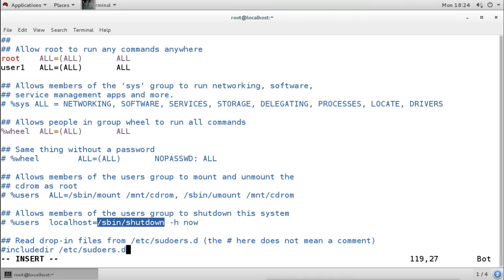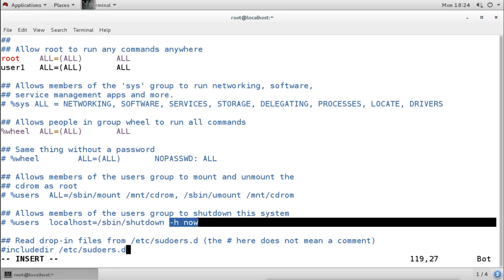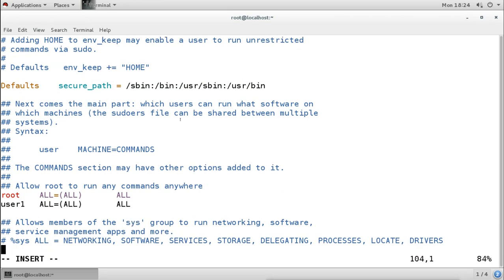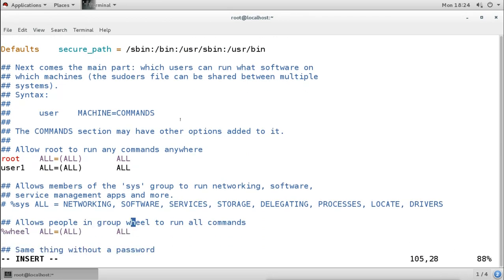Now if we want to give multiple commands to a particular user, then we can use command aliases. These are command aliases like networking.